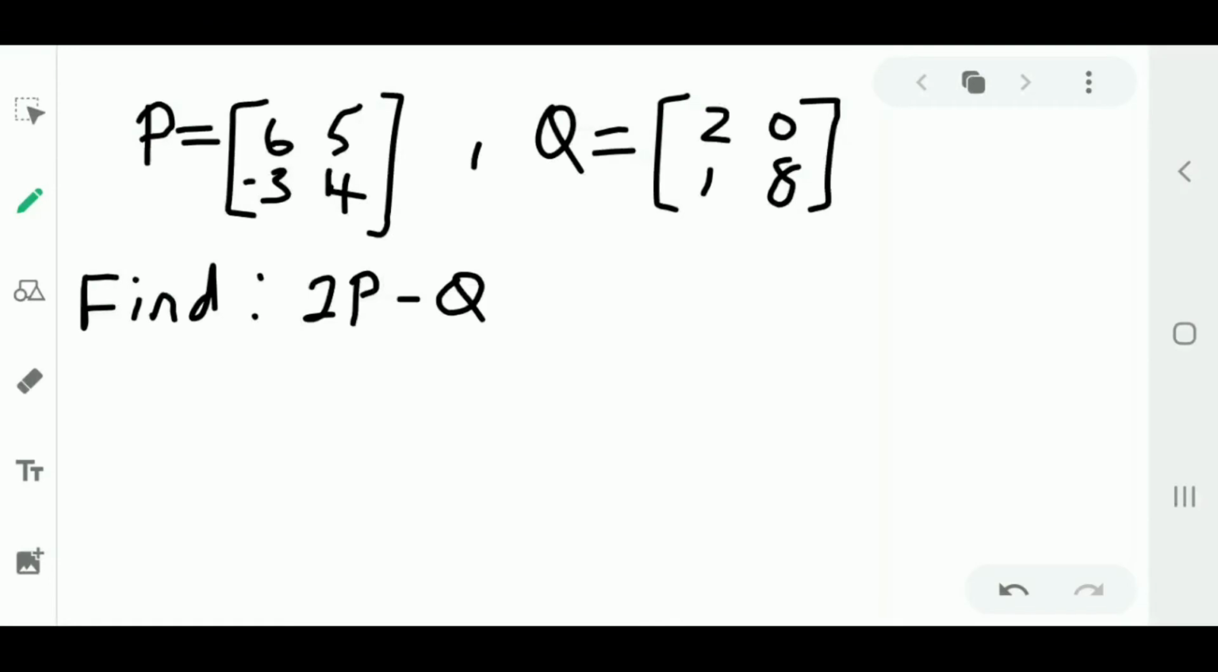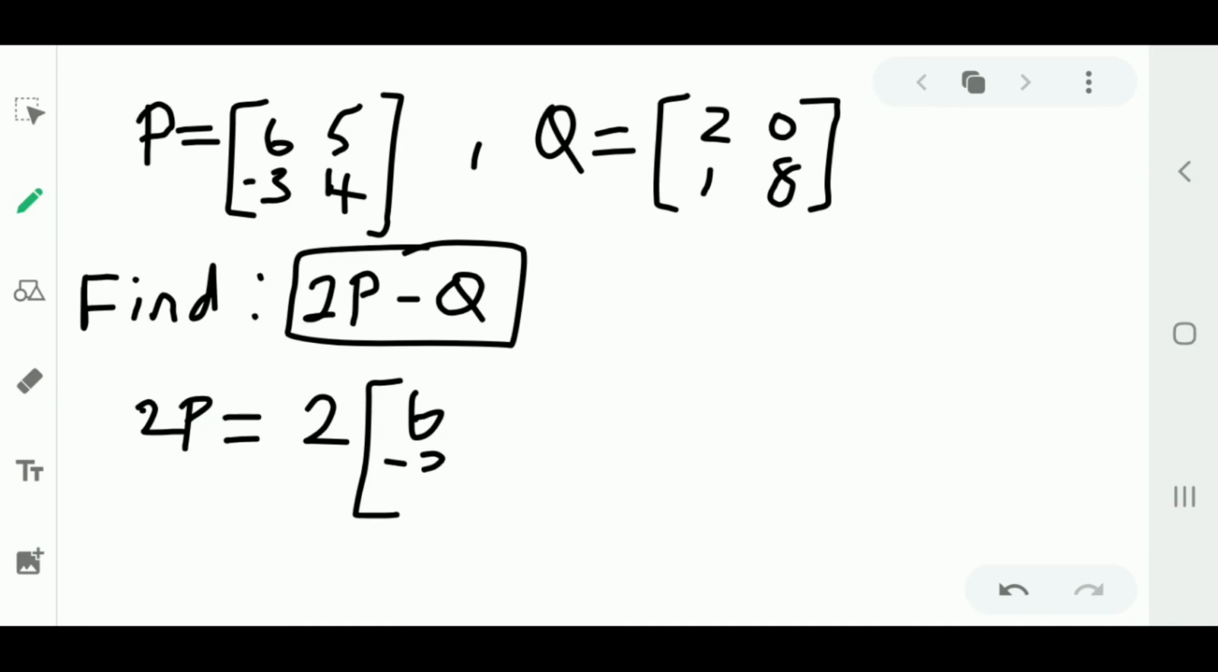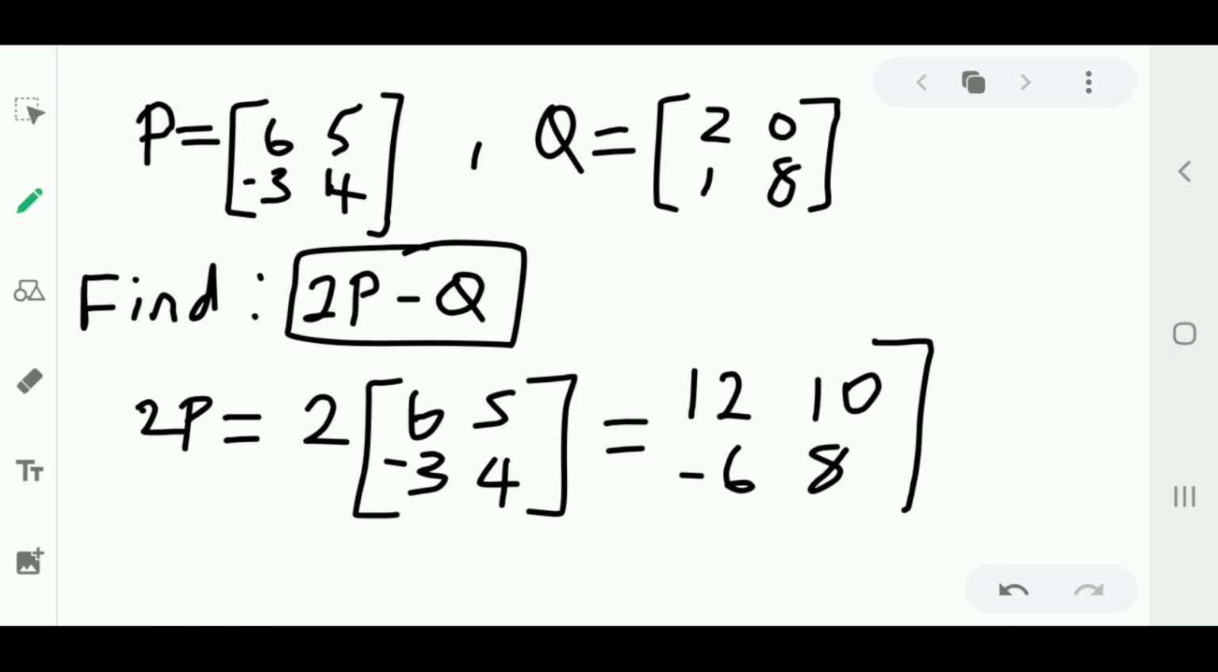Let's say, for example, they joined a scalar multiplication question with an addition or subtraction question like this here. So we're given P and we're given Q, and we're told to find 2P minus Q. So the first thing you do is find 2P. So 2P is equal to 2 times whatever P is, and we'll get 12, minus 6, 10, 8. So that's 2P. And we know what Q is, so what we do now